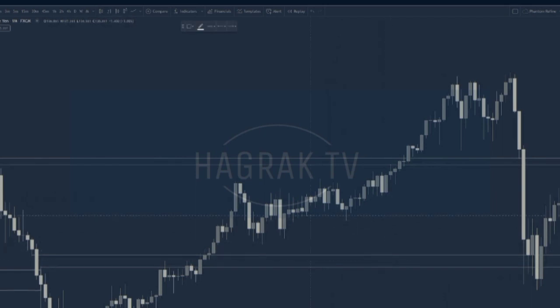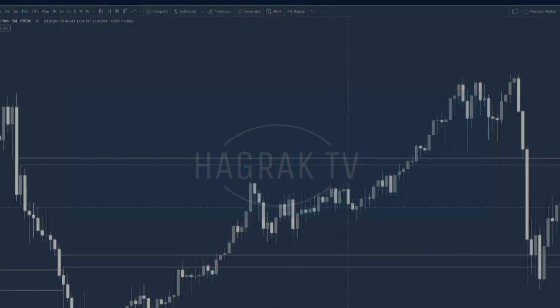Now, if we were looking on a lower time frame, had say an order block here, and we were looking at taking a buy and then navigating to a monthly chart and seeing this inefficiency, we would have a great target to look at. But we can see price then goes to the upside, fills in this inefficiency completely,